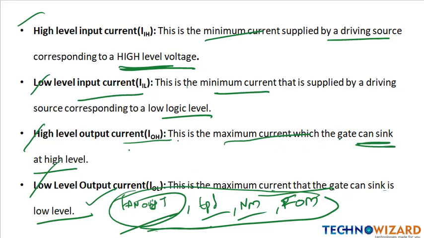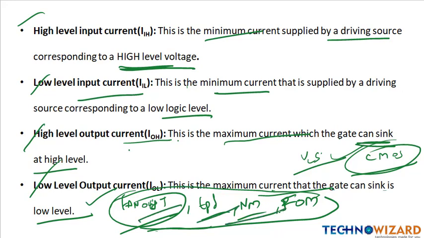The last one is the CMOS family. I will make a separate video on the CMOS family so that you can easily understand what a CMOS family is, and how we can implement the various NAND gates and logic gates through CMOS. We will also see that. This is part of VLSI, very large scale integration. In logic family only four things you will need to calculate: fan out, propagation delay, noise margin, and figure of merit, in which fan out and noise margin are very important. So please remember the formulas for these.